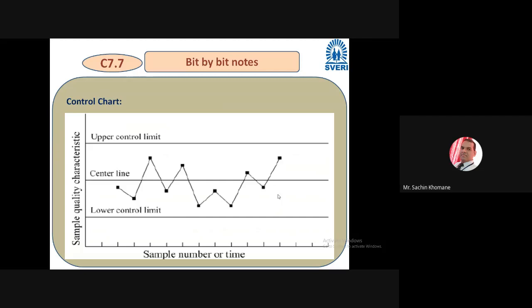Whatever I have explained, this is your control chart, you can see. This is a 2D representation. Now by looking at this diagram, you may be confused about why this graph is important for our quality control. Wait, we'll discuss that also. First try to understand this control chart. On the x-axis there will be a sample number or time. For all industries the control chart concept is common, but the sample number may be different in the chemical industry and in the mechanical industry.